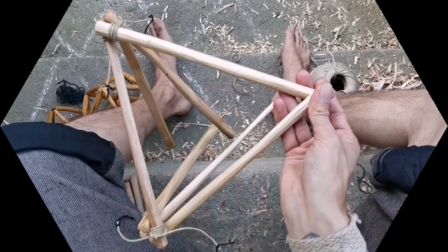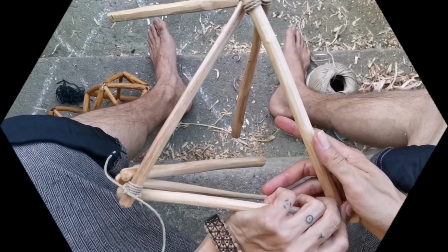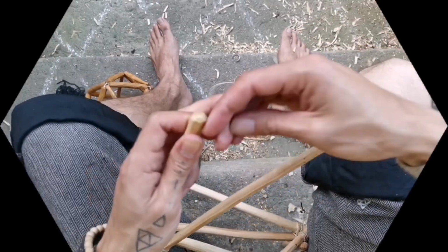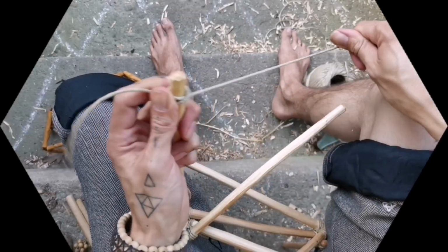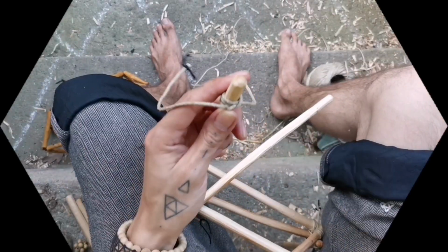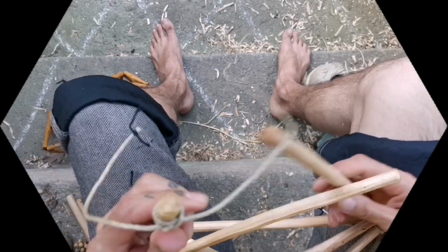Okay, now I take one of these. I'm going to go for this side. And I'll take... You see, now I'm looking on the outside of the structure that I'm growing. Now I turn it so that I look on the inside of it. And I begin with the left-hand side again, with this branch. And that's where I put my next triple clove hitch, tying my next knot. And you know the drill, not a drill, you know the game, the dance. 3 loops, keeping them nice and tight. And now, that was the first, that's how quick it can go, if I don't have to talk about it all the time. Now the second side, the second